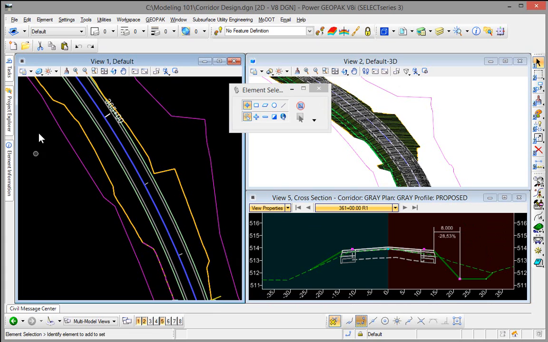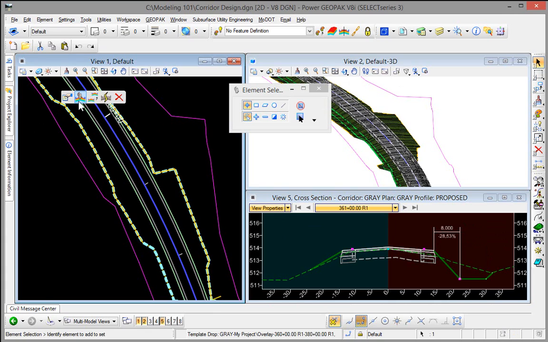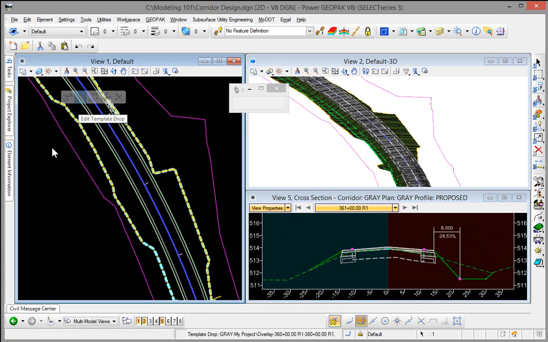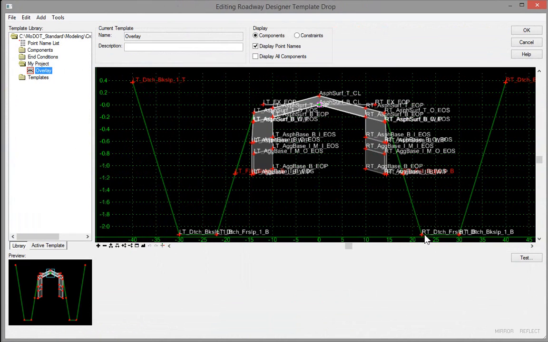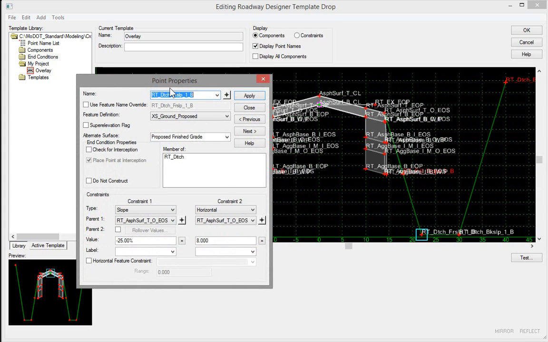I'm going to go edit that template drop. So we'll select our template drop, edit, and on this right side, I'm going to edit this ditch flow line point. Because we have given it a profile, it has to override a vertical component. Well, the only one of these constraints that has a vertical component is the slope, so therefore that is what has to be overridden. If you would rather modify the offset,